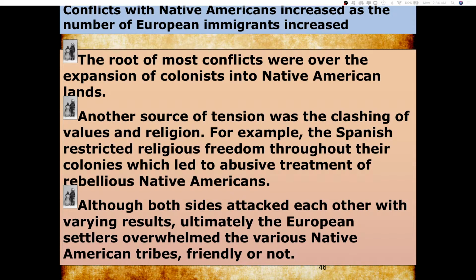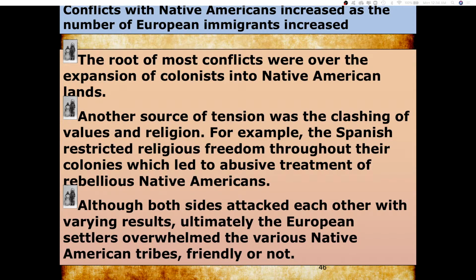But what's also going to happen is that they're going to clash over religion. And kind of like how the Spanish were forcing their native populations to learn their religion and forcing harsh treatment on them and seeing them as inferior, that's kind of like what the Puritans and Pilgrims will do to the native populations. And when there are clashes, there are very bloody clashes on both sides. So both sides are going to attack each other continuously throughout this colonial time period.